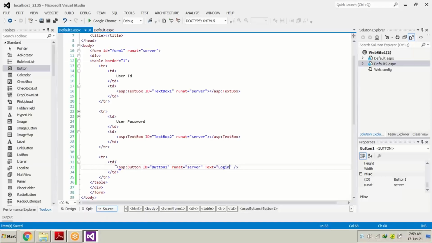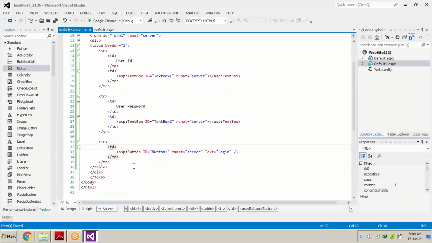So what we will do, we will make some small changes. In this button TD, where we have written TD, we will put some space and write ALIGN. Align equals to center. This is the process of writing the line into center, and after the double inverted comma, we will write colspan equals to 2. Colspan stands for column span.